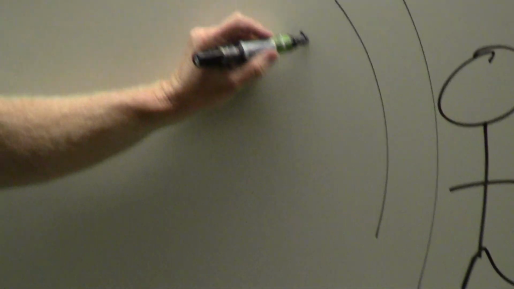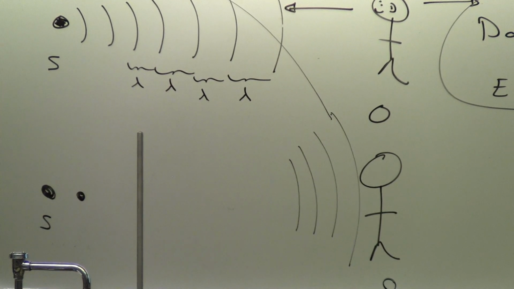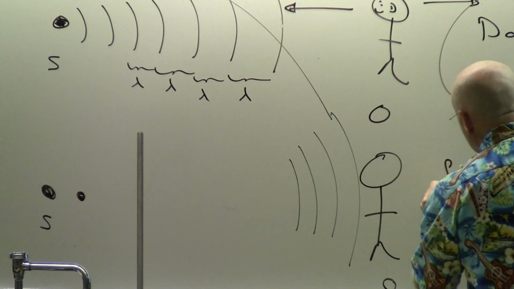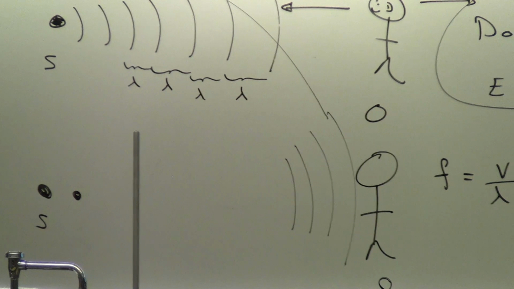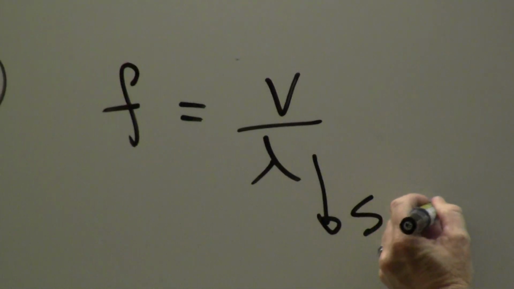And so what I'm getting at is something that's a little different. And so when the source moves, what we would say is that the wavelength has gotten smaller. But I'm hoping you're seeing that if the wavelength